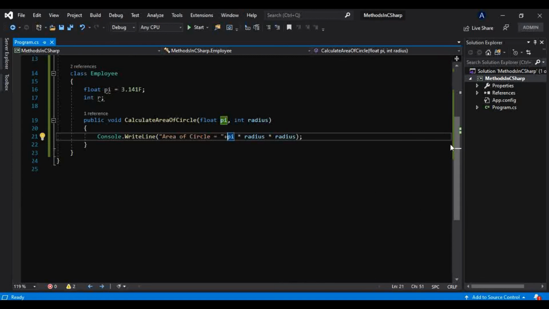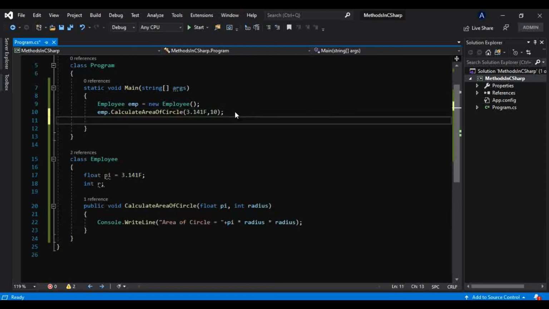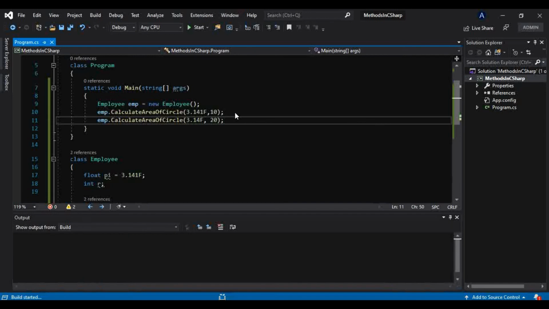Now I want to calculate another area of a circle with a different radius value, but the pi value will not be different, because we know the pi value will always be 3.14f. That is a constant, predefined value for pi. So the pi value will be the same, 3.141f, and comma, I want to make the radius this time 20. Okay, and now I want to print that.